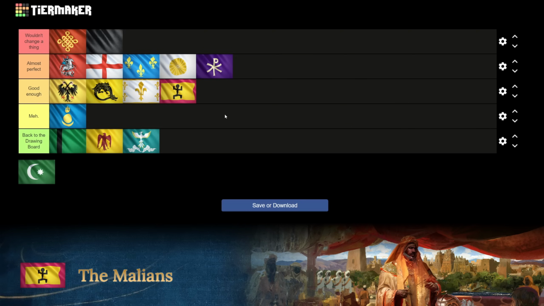These are the 2 anniversary civs that we have left. Mali is the only African civ, the only sub-Saharan African civ rather, and I really like that they included this civ in the game. It is not a civ that you see often represented, although it was in AOE2. I like that there's definitely a bit more of a focus on historical authenticity with AOE4's Mali compared to previously,